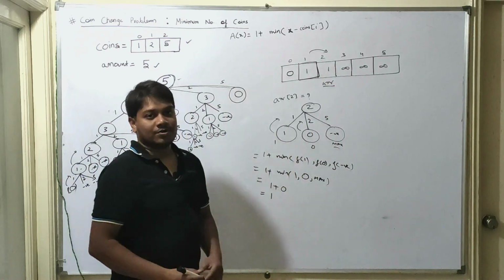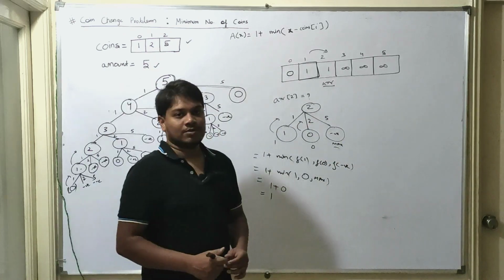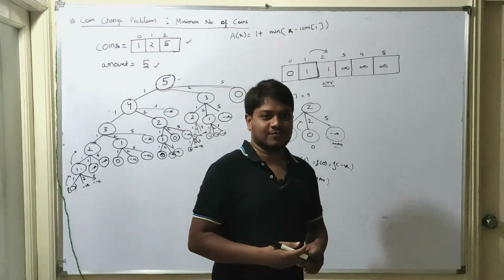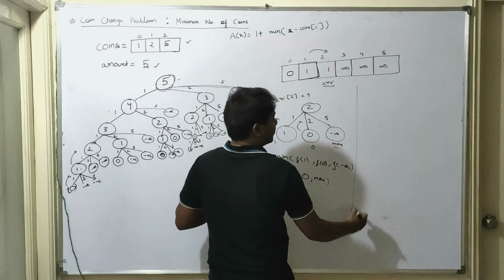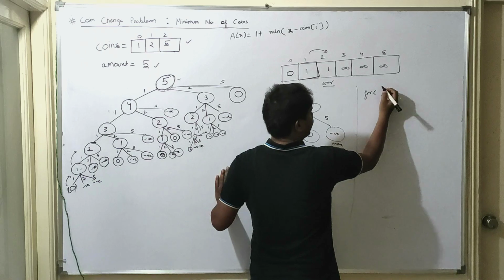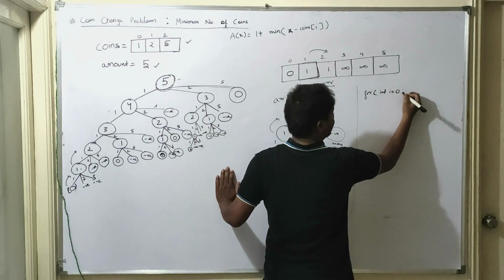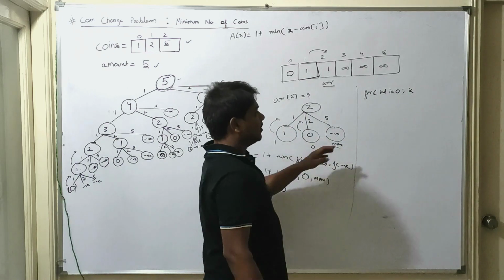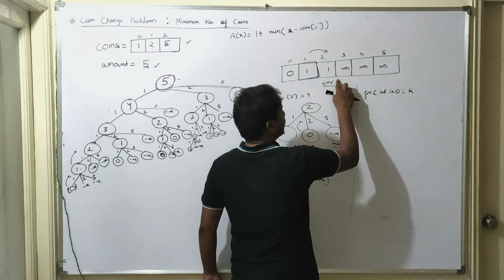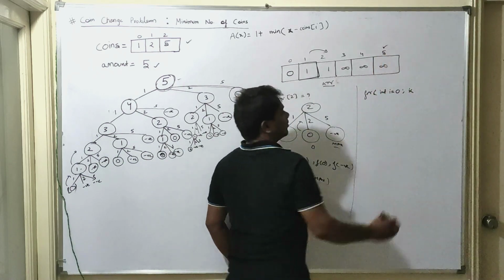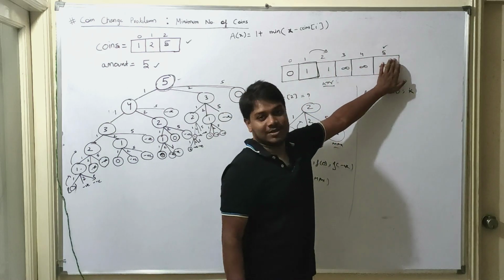Okay. So similarly we can calculate for f of 3, f of 4 and f of 5. In order to get rid of recursion from our code, we can run two for loops. So what we can do is, for integer i equal to 0, i less than the amount. Why? This is our amount. So we need to start from 0th index and go up till the amount.